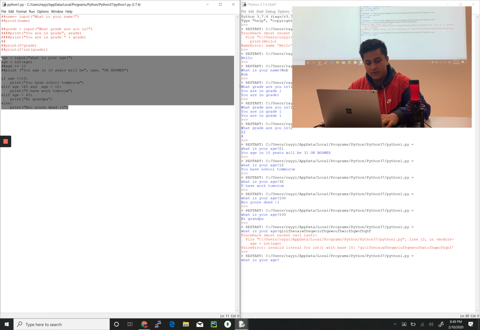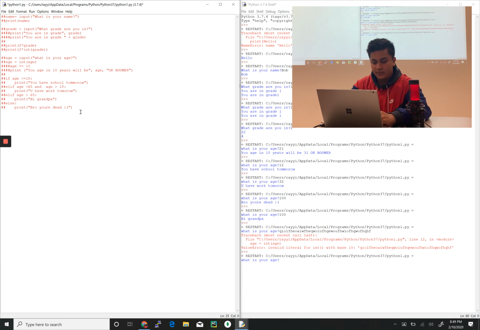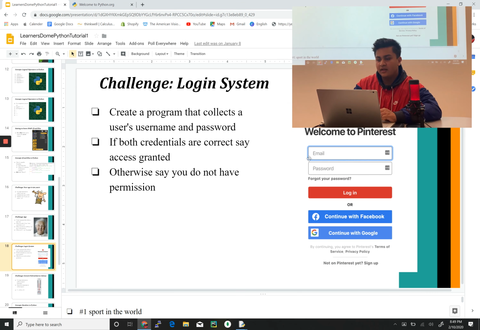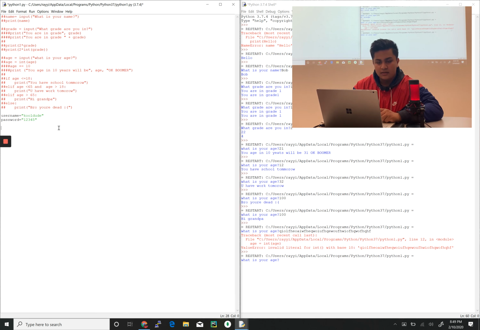Friendly reminder, just use Alt-3. So let's start this new program down here. So we first have to define our username. So I'm going to make my username cool dude. And then I'm going to make my password equal 1, 2, 3, 4, 5. It's an easy one. Everyone can remember that. And now we're going to make it similar to this login form that we have right here. So we're going to ask for their username or email in the case of Pinterest, and then ask for their password. So the way we do this is we have to take an input,